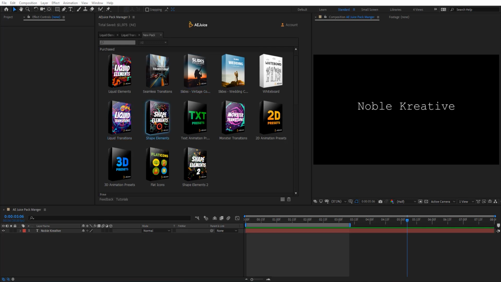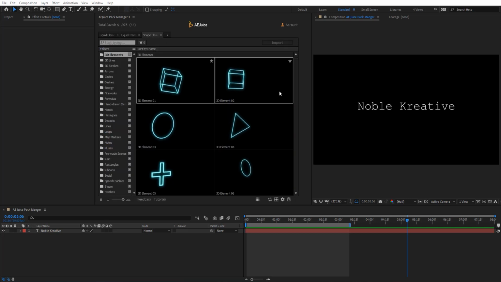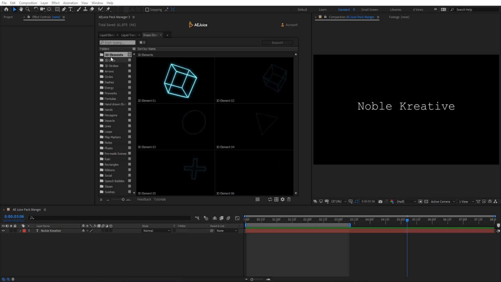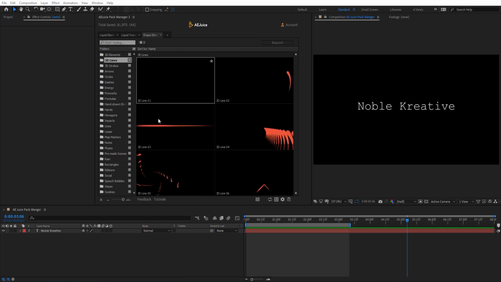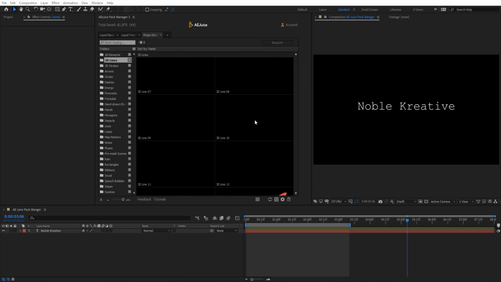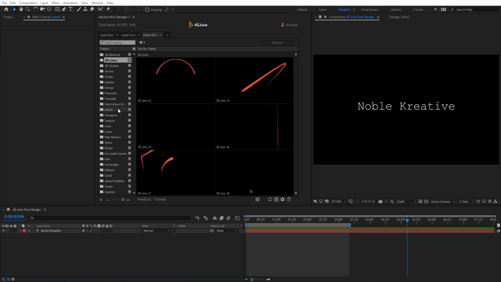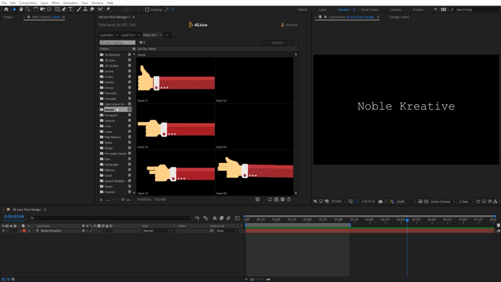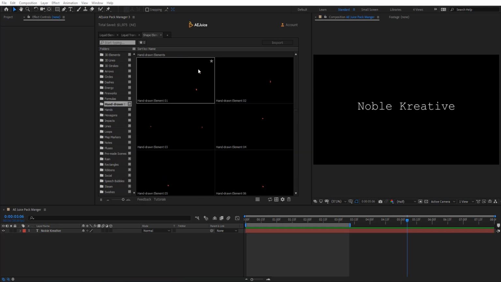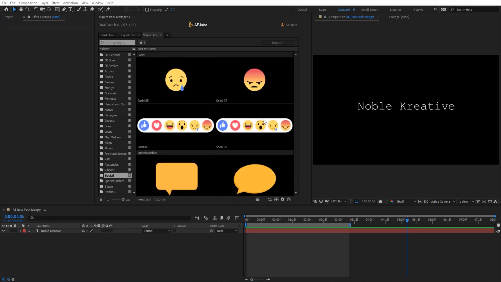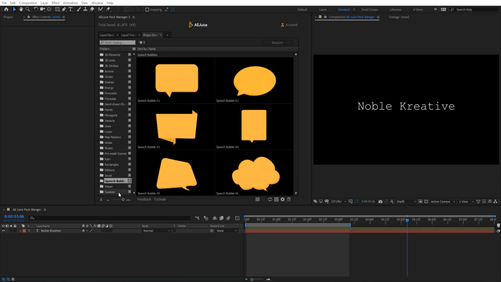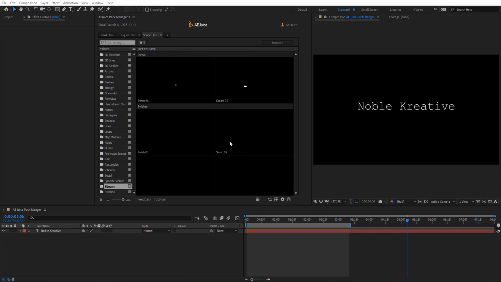So here we have shape elements. This pack got some very nice 3D elements. You got some strokes and lines and some hand animations and hand drawing animations as well. You got some social stuff, reactions, and some steams as well.